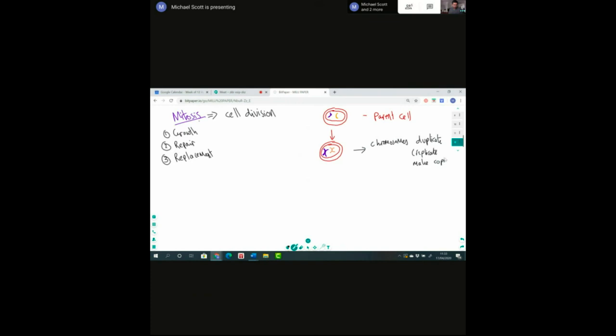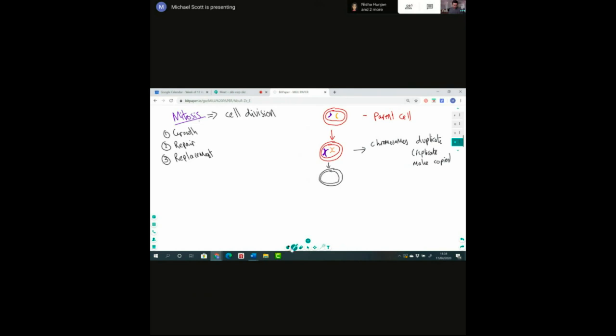Any of these terms would get you the mark. So the chromosomes duplicate in that first stage of mitosis. Then I'm going to have to shrink my diagrams down now because I can see I'm going to run out of space. In the second stage of mitosis,